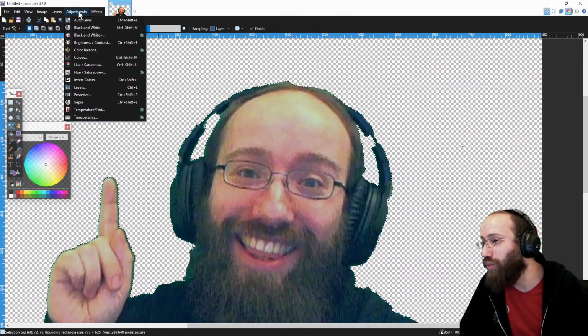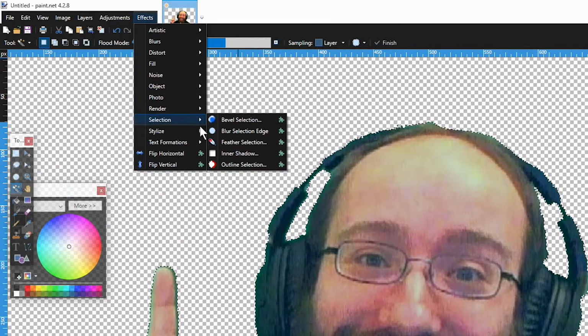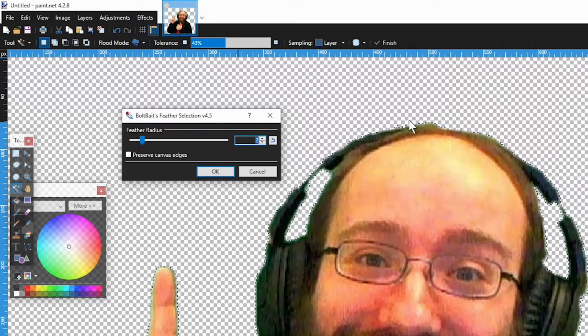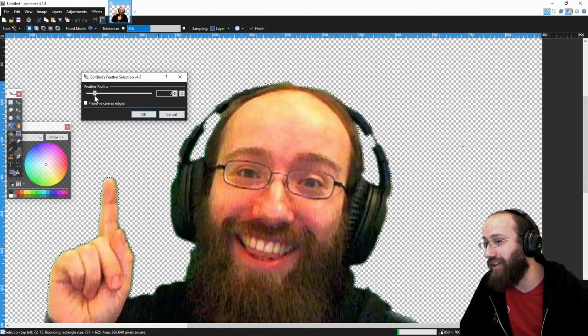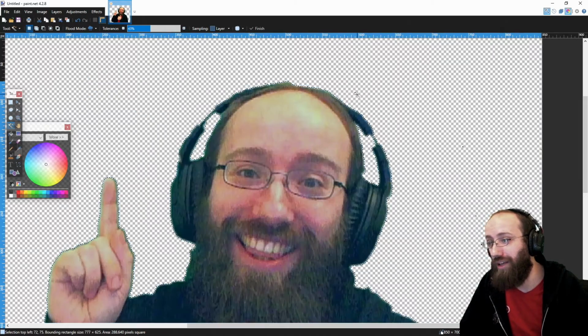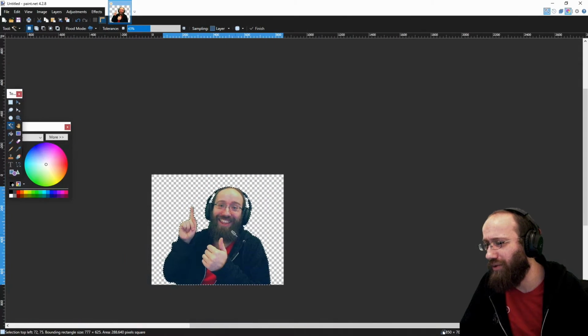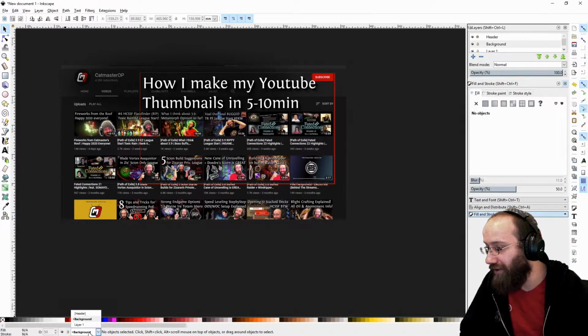And now I can use one of the filters from the Bolt Bait plugin pack. I go selection and go feather selection. And that way, everything that is selected will be nicely feathered in like this, right? No, I don't go 10, I go like 2. Just for a nice smooth edge around my selection. And so it takes away a little bit of the green from the green screen. And then Ctrl+C for copy,